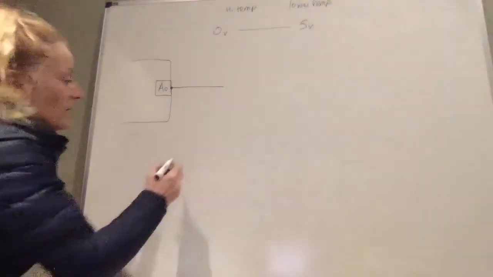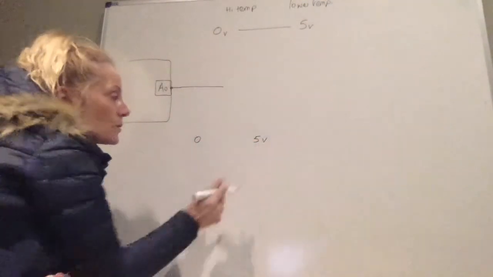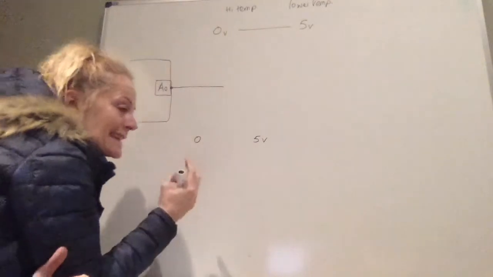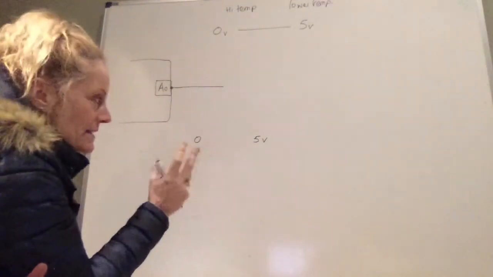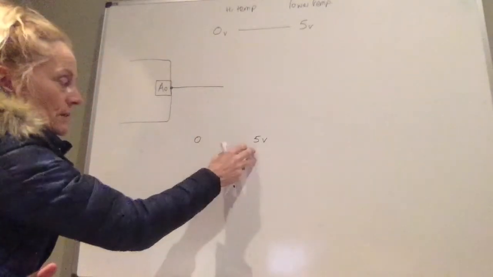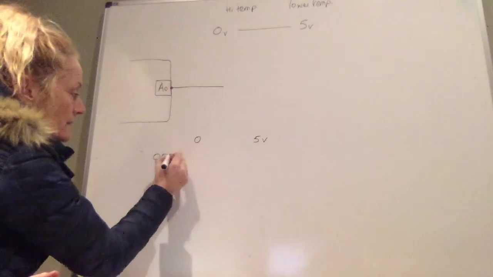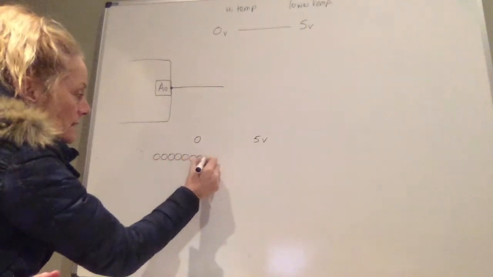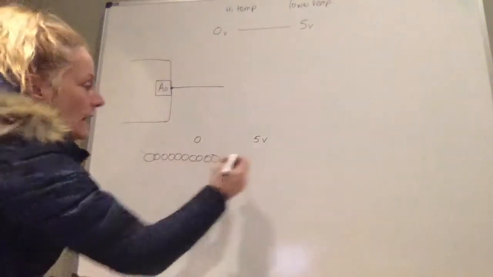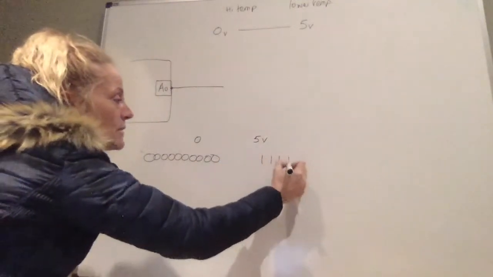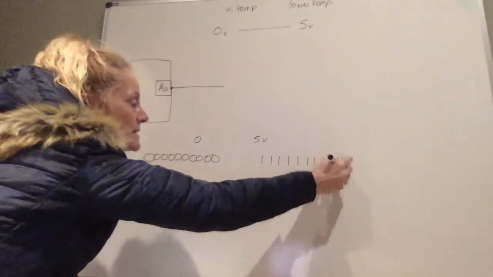So if the analog input can go from 0 to 5 volts, the Arduino uses 10 bits to represent a number, okay? So it will represent 0 with 10 zeros. That's 0 on the Arduino. And the 5 volts is going to be represented by 1, 2, 3, 4, 5, 6, 7, 8, 9, 10 ones,